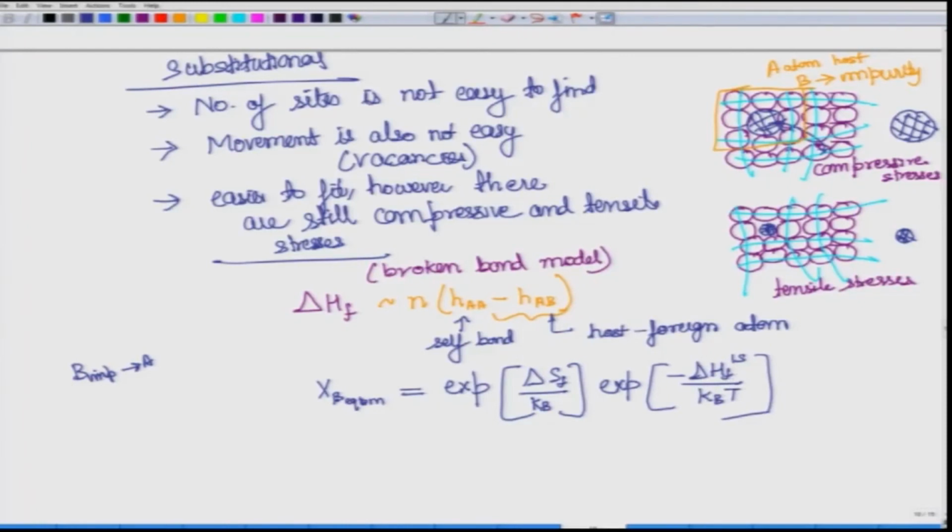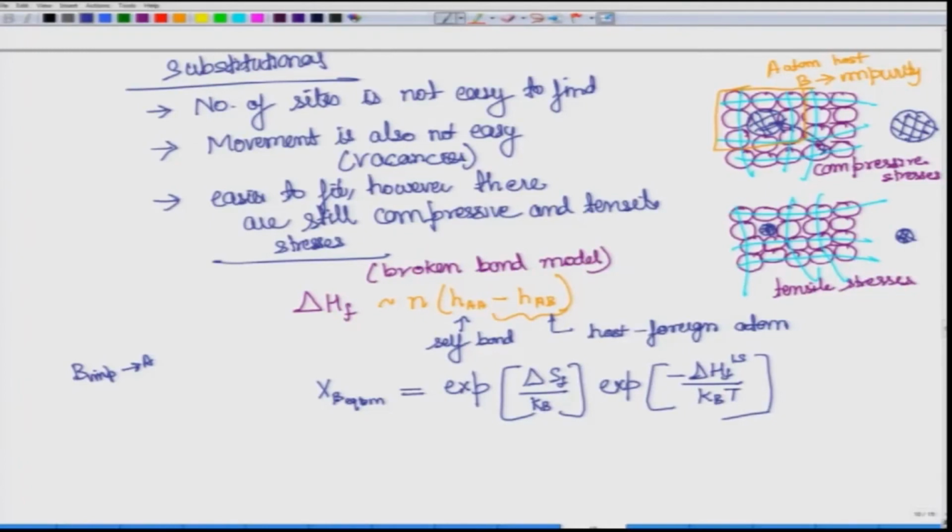The entropy and other terms would remain similar, because just like in vacancies, this substitutional atom will also be able to provide different ways of arrangement. So, in that term the configurational entropy equation would be similar, although the values might be different, and therefore, the final form of the equation, as you can see, is very similar to that which we found for vacancies.